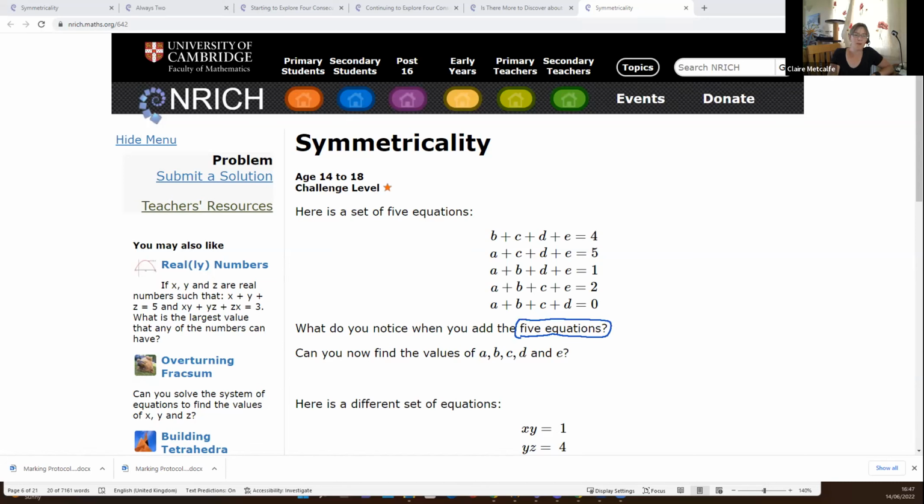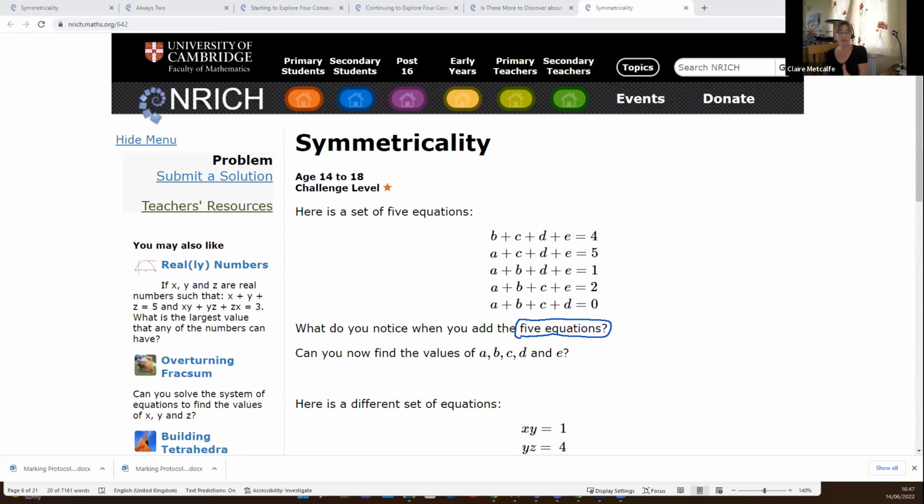Someone's written 3, but I'm not quite sure what that means. So in a way, adding equations, it feels like you're making the problem more complicated. Oh, thank you. That makes more sense. It feels like you're making the problem more complicated because instead of having 4 unknowns, you're going to get 5